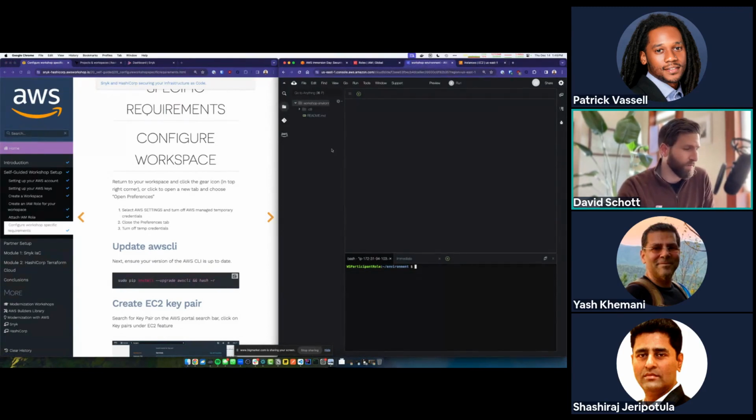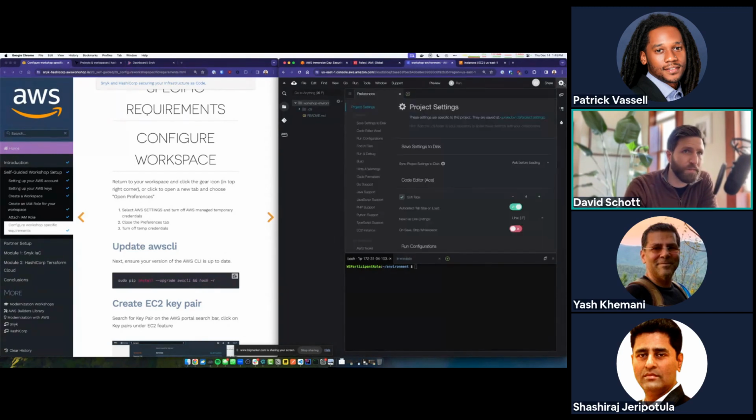In your Cloud9 environment, there is a setting that we need to change. So go back to your Cloud9, which should be open. Go to your cogwheel in the top right. And in the set of options on the left, scroll down a little more. I've got a glare on my screen. Here it is. Near the bottom, there's one called AWS Settings. So click on AWS Settings.